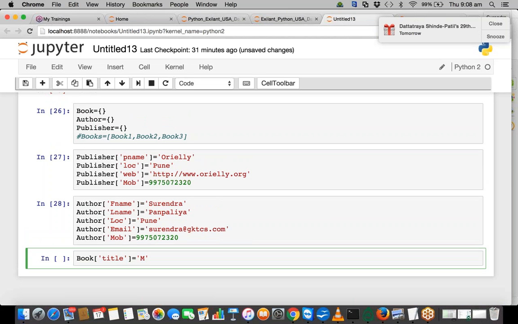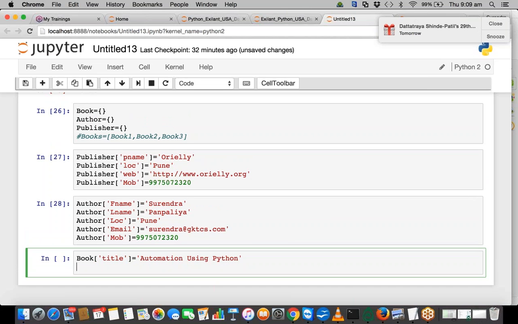Let's say automation using Python is a book. Book has a,